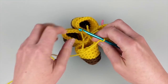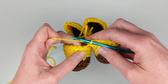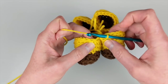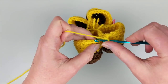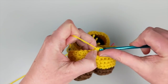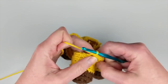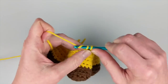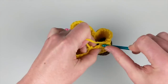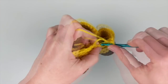So let's see if I made a mistake on the next one. This one's already got a stitch in it. You can see it's pulling as I tug them apart. So that's our first one. 1, 11,